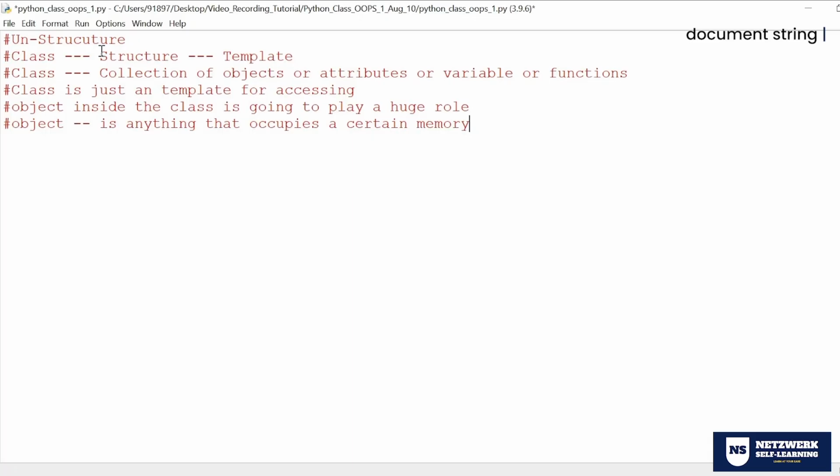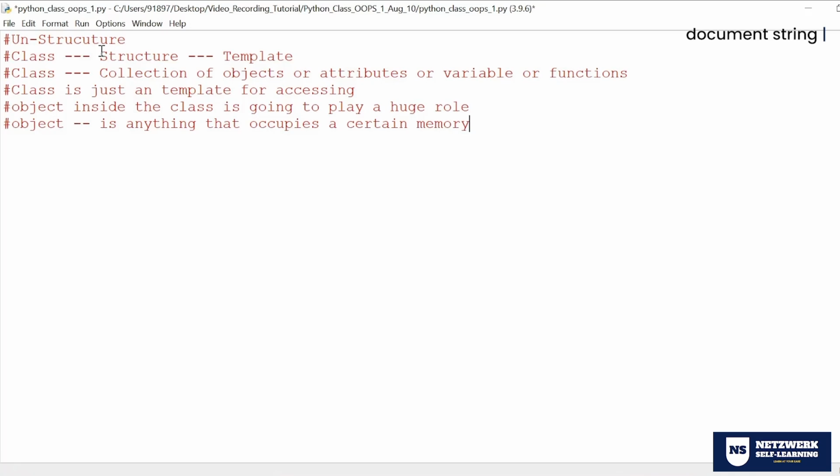See, in our college also, who plays most of the role? Either the lecturer or the staff, and also the student. These two play a huge role. But why should we go for a class? Why are you sitting inside a class? Because that is where you can learn everything in uniformity, in common. That's why they made a class.